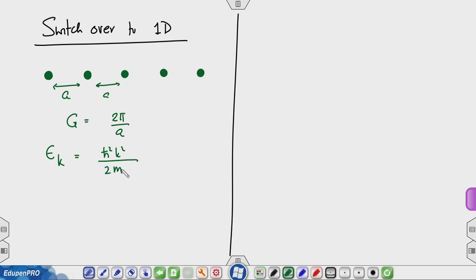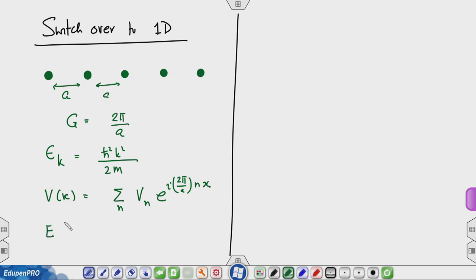First order change will be 0. The potential V x is periodic, so this can be written as summation n V n e raised to i 2 pi by a n x. The 2 pi by a is g, and